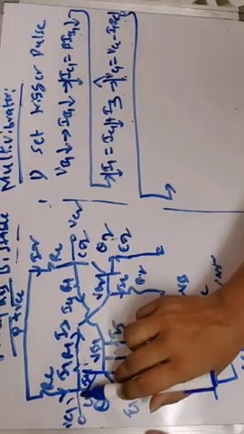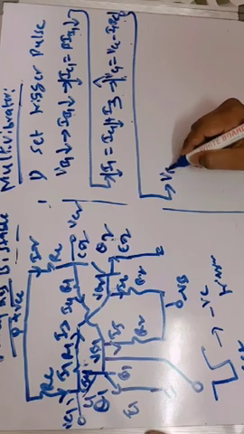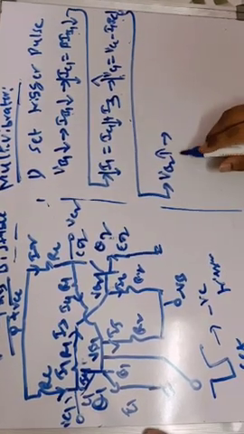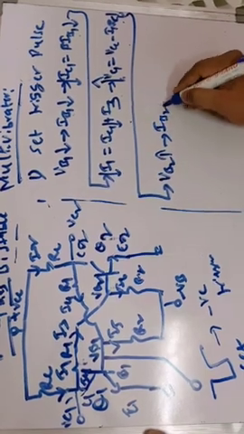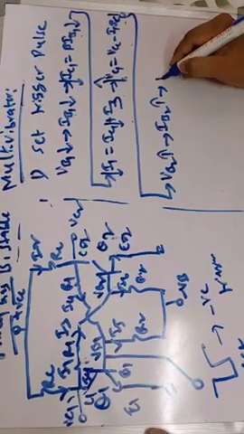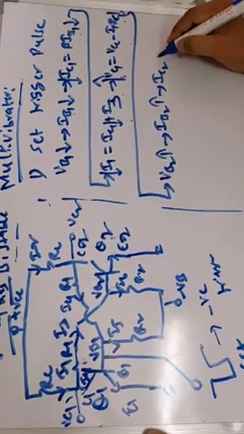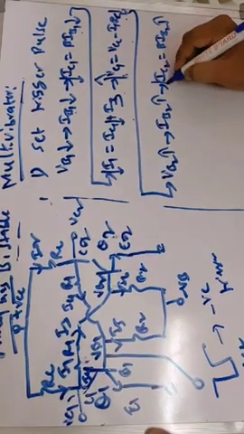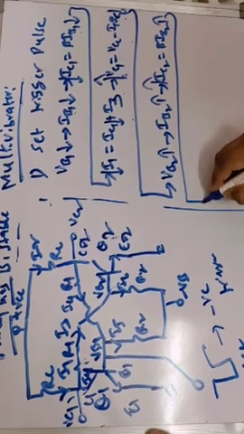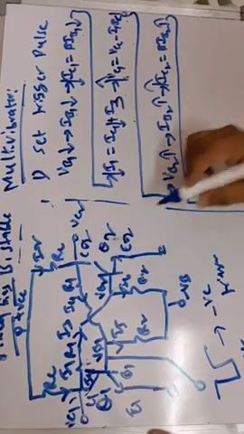So this potential is increasing, which means VB2 is also increasing. VB2 increases means the current applied to the base of the second transistor will also increase. As IB2 increases, what happens to IC2? IC2 will also increase, because IC2 is equal to beta times IB2. IC2 increases. As IC2 increases, what happens to this current I2?